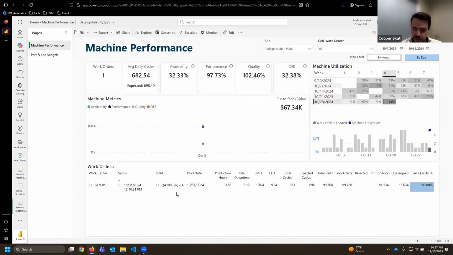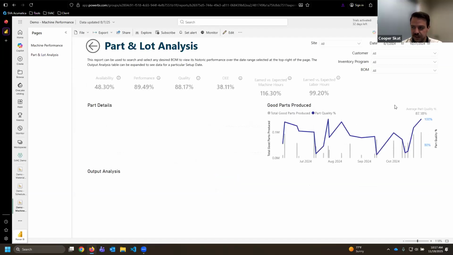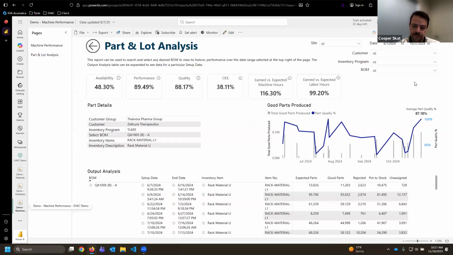So what we can actually do is right click on this BOM, drill through, and take a look at the historic performance of this BOM. And right away, we can see that historically, this BOM is running at 48% availability. So really underperforming probably against what we would expect on average. And that should set off some alarm bells like, okay, this BOM's constantly having downtime. We probably need to review this and see if there's some issue with this that's causing machines to fail constantly